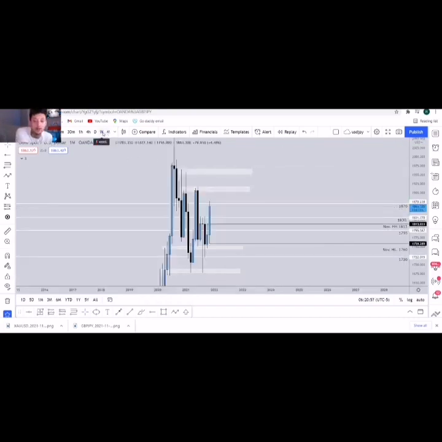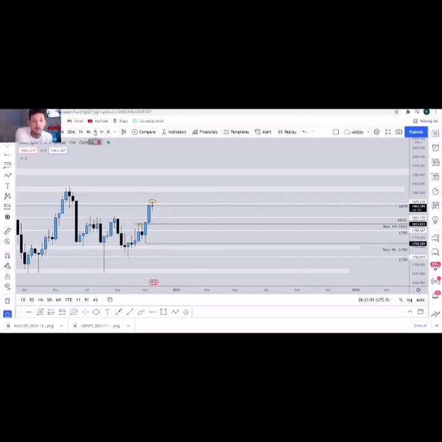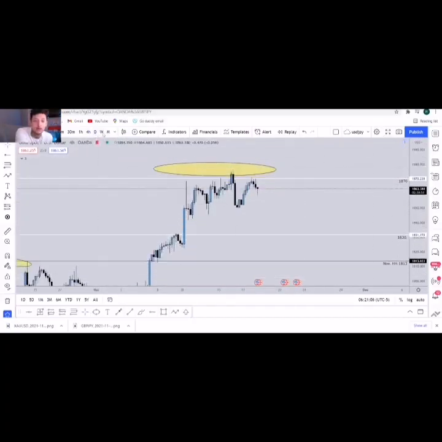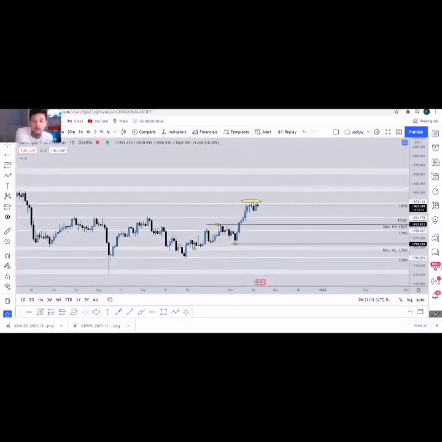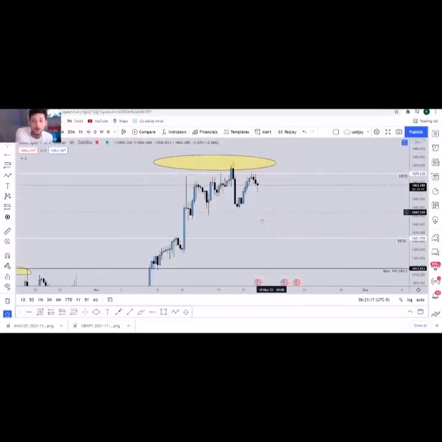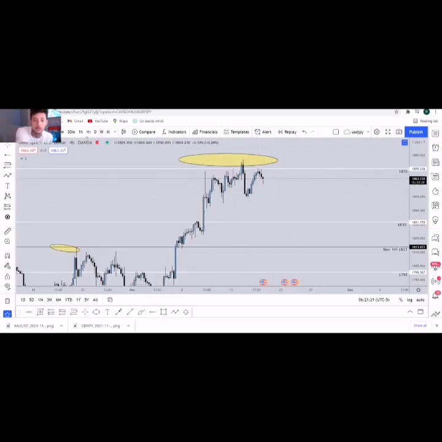But again, you want to start off with the monthly. Really, the monthly you only want to look at maybe once or twice a week, and then on the weekly time frame, the daily time frame, the 4-hour time frame, you can work your way down. So again, if the weekly and the daily are telling you bullish, just know that the overall trend is bullish. Then on the 4-hour time frame is where you're going to be looking for market direction,